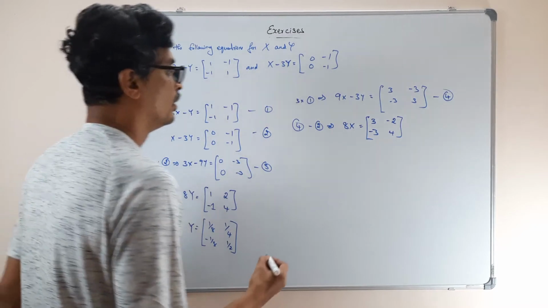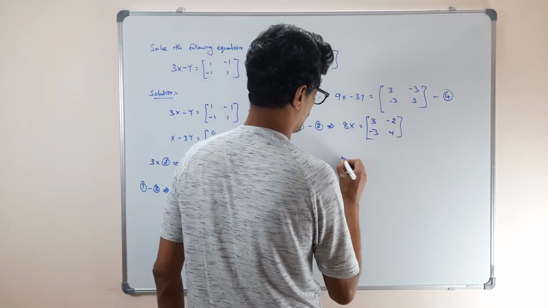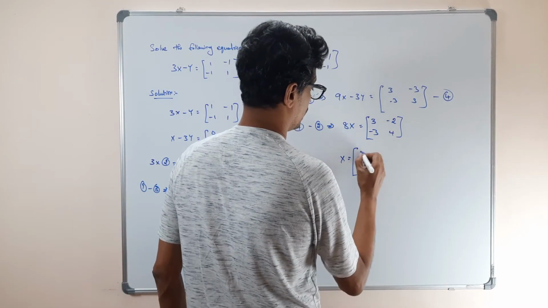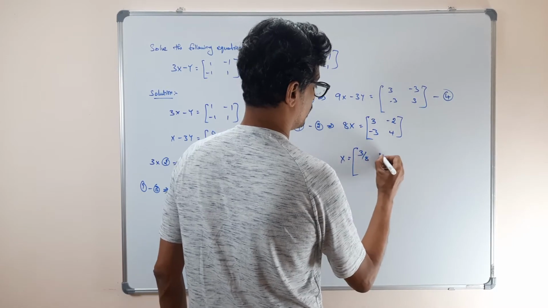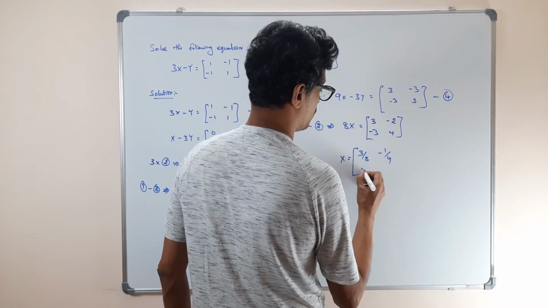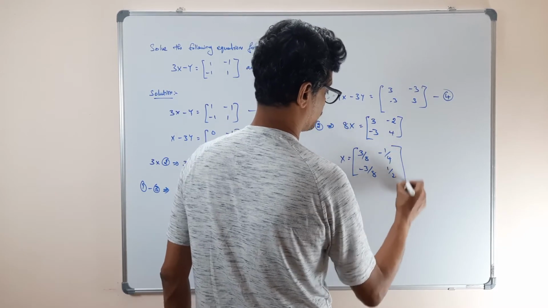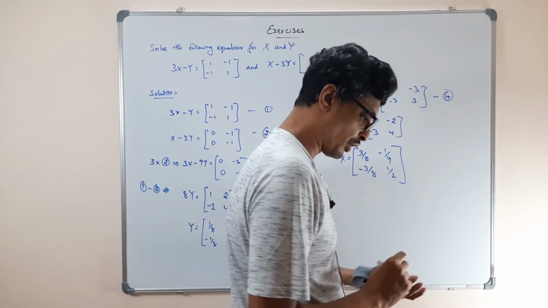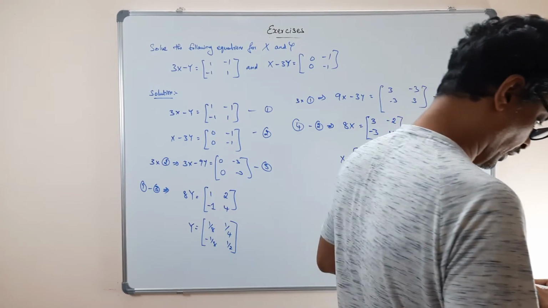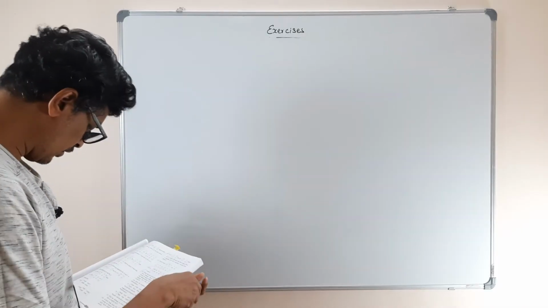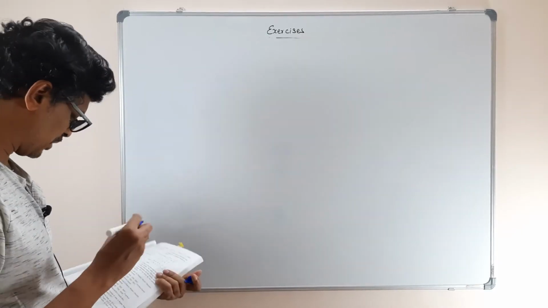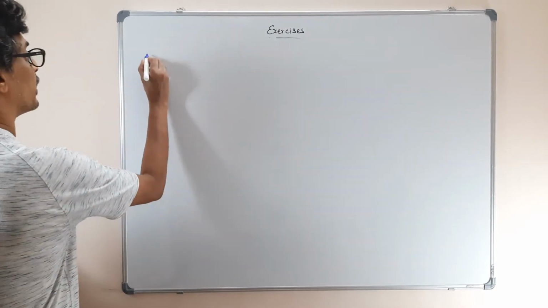Correct? So therefore, again you divide it. Therefore, x is equal to 3 by 8, minus 1 by 4, minus 3 by 8, 1 by 2. That's what your answer is. Okay? Let us do this problem. This is also a very simple problem. Okay. Simplify